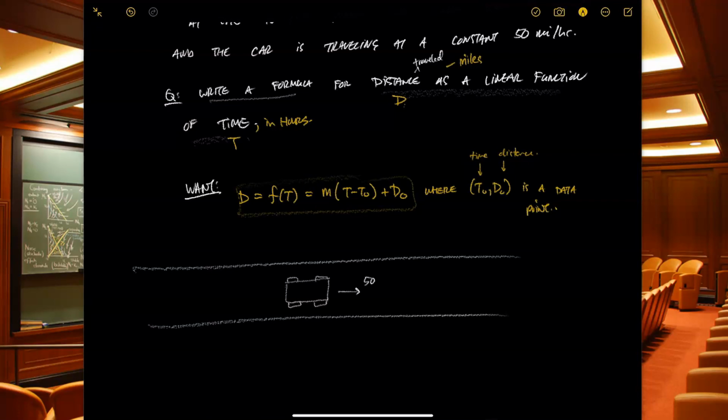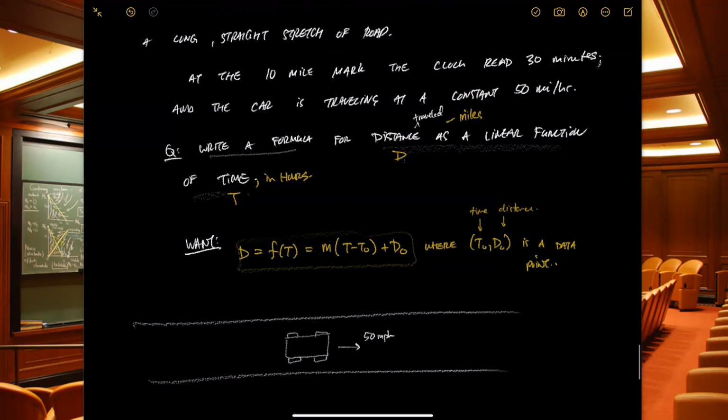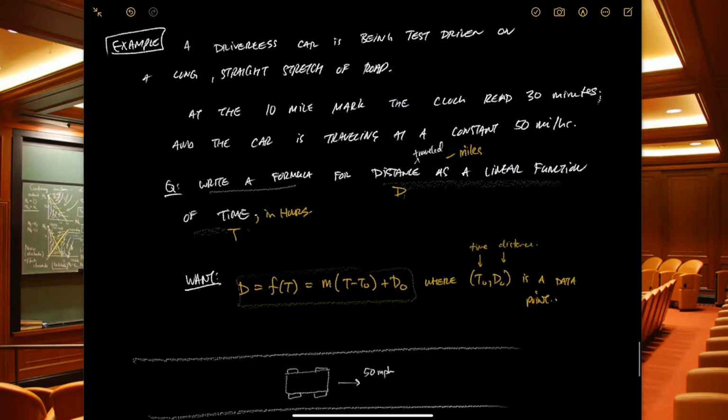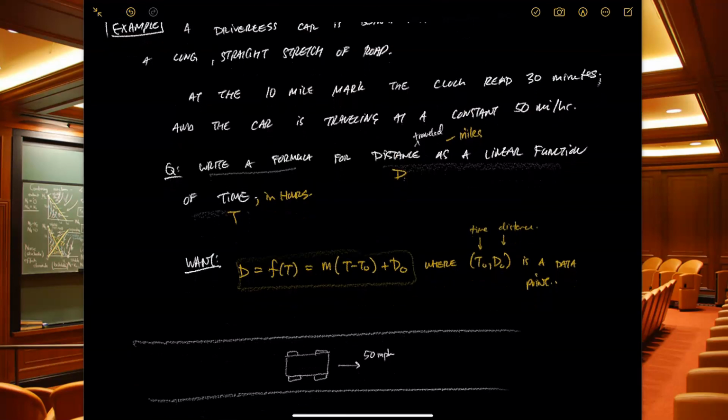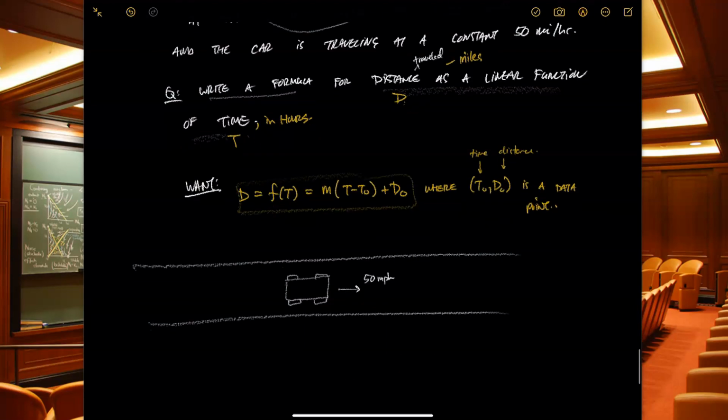We know it's going a constant 50 miles per hour, that's its speed. And we know that at the half-hour mark, it had traveled 10 miles. So if this is 0 out to here, this is 10 miles, and we know this happened at